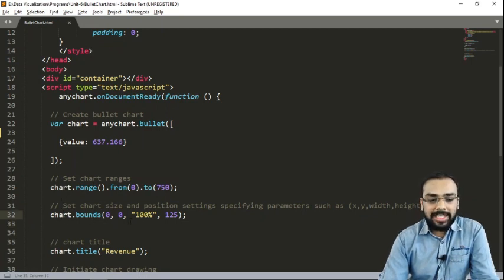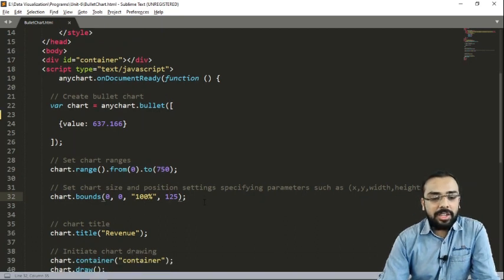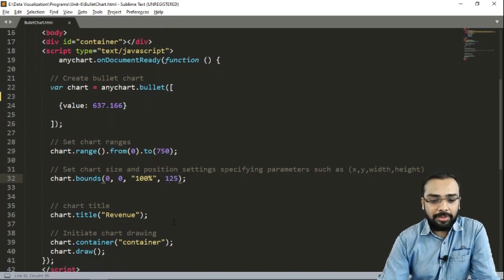Inside this it takes 4 different parameters: first the x coordinate, next the y coordinate, then the width and height of our chart respectively. Then I am specifying the title of our bullet graph. I am giving the title as revenue, as we are creating a bullet graph for revenue.